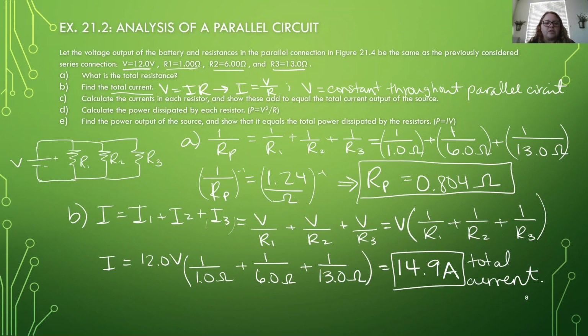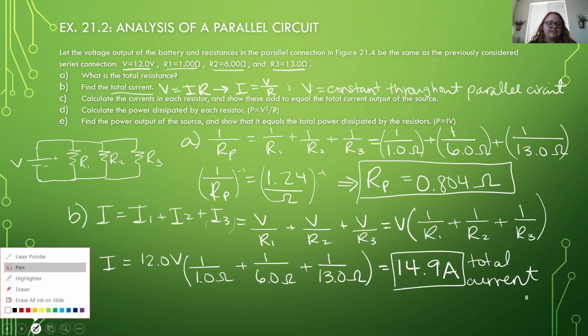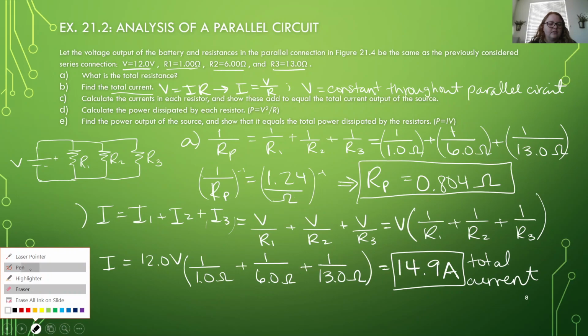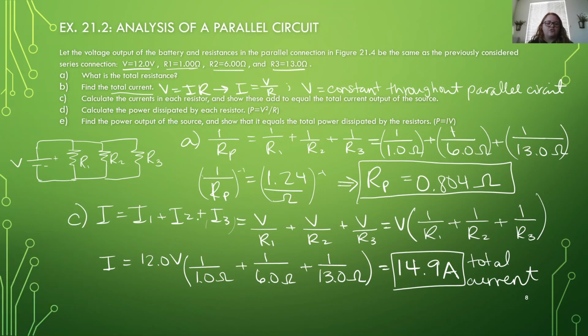Oh, I just did part C. Part C asks to calculate the currents in each resistor and show that these add to equal the total current of the source. So I actually just did part C, kind of, because I solved for each of them sort of individually, even though it was at the same time. Okay,